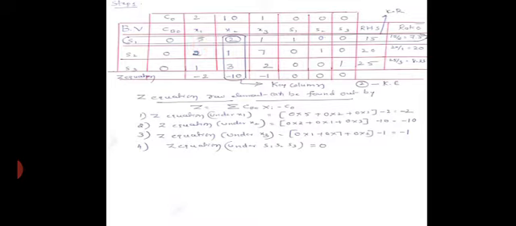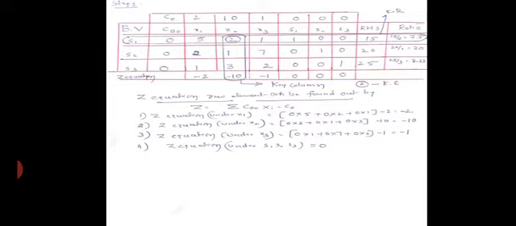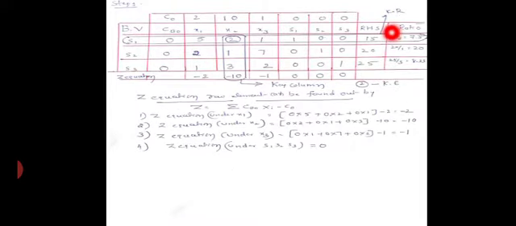Similarly 2 by 2 is 1. Similarly for x3, 1 by 2. Again here 1 by 2, again 1 by 2, then 0, 0. Understood? Same thing you need to do here again: 5 by 2, 1, 1 by 2, 1 by 2, 0, 0. And similarly, the RHS value here is 15. For this also you need to divide by your key element, that is 7.5.